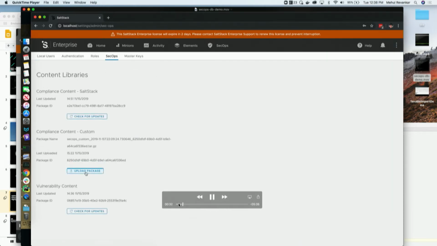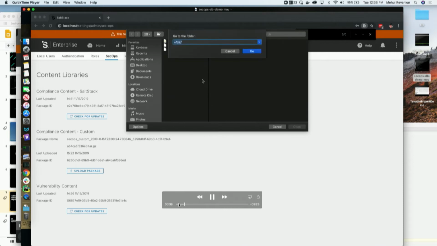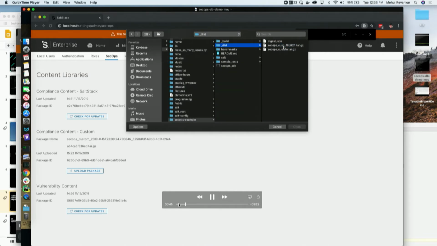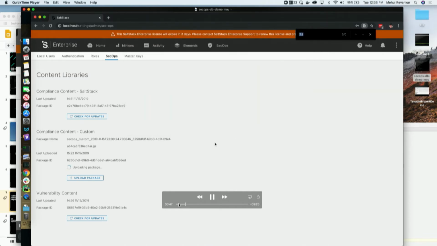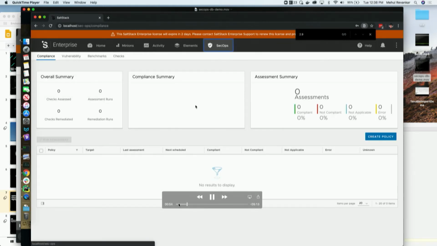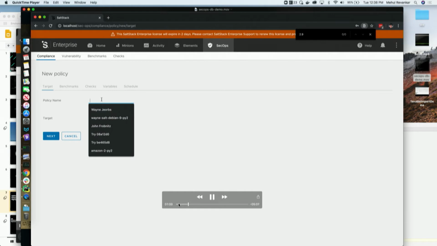So there is the SecOps tab, and this is the new stuff that is in there. We had a couple of training sessions yesterday, and there is one going on today as well. So if you want to learn more about our custom SDK, join that session. One of our finest engineers is giving that class. Learning directly from him, because that's his day-to-day workflow, would be super beneficial to anyone who wants to write their own SaltStack files.